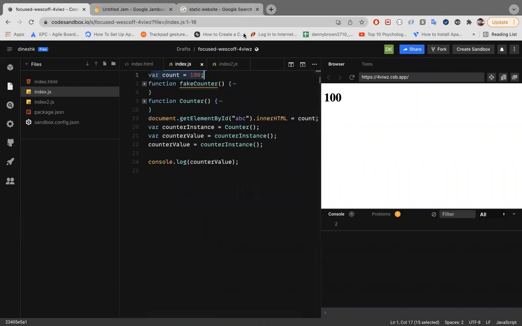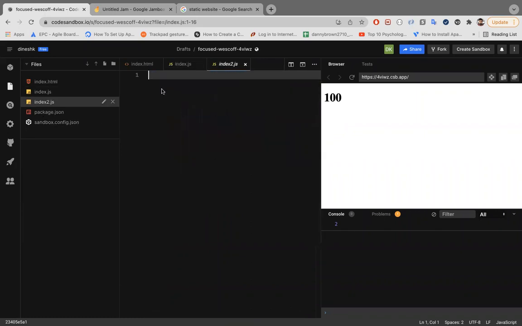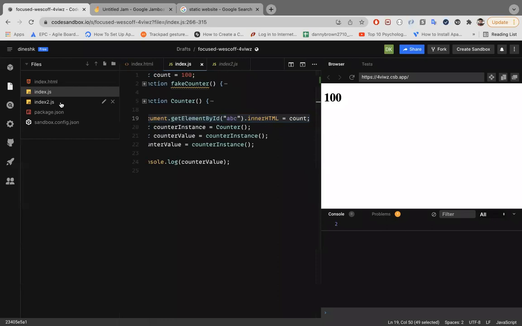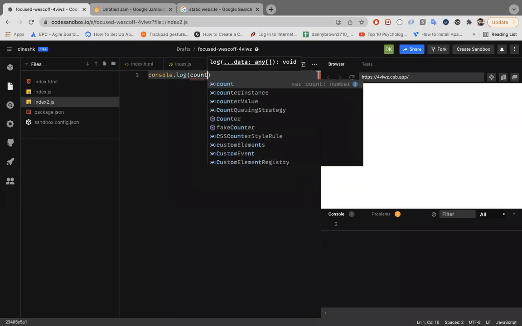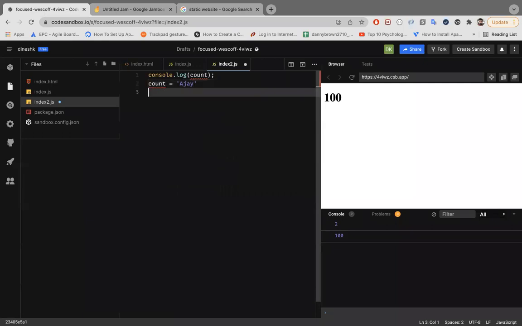जैसे मैंने यहाँ पे count equals to 100 लिखा है, वैसे ही मैं index2 के अंदर भी इस count को एक्सेस कर सकता हूँ। इसको ध्यान से देखना, ये वाली लाइन जो लिख रहा हूं। मैं यहाँ पे सिर्फ और सिर्फ एक console.log(count) लिख देता हूँ। ये फाइल नंबर 2 है, index2.js। तुम सबको यहाँ पे दिख रहा होगा कि इसके पास भी count का एक्सेस है। तो मैं जो मर्जी चाहूं इस count के साथ कर सकता हूं, मैं count को अजय बना सकता हूं, और ये भी लिख सकता हूं।